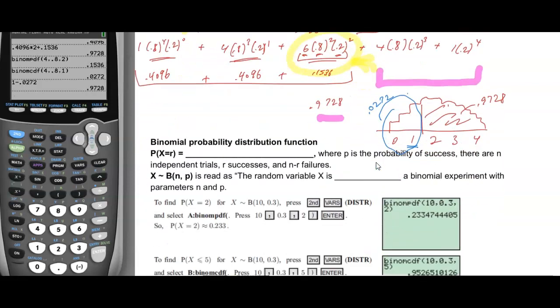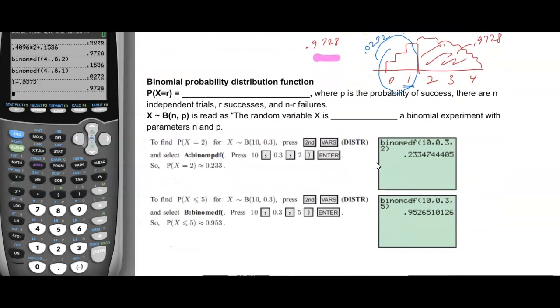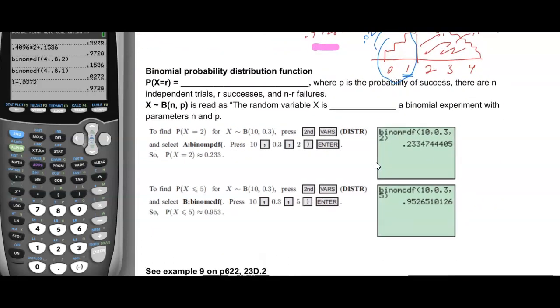Okay, now that we saw how to do it, I'll show you this calculator procedure, which is a little bit hard to understand, I think. Unfortunately, this calculator procedure is written for an older version of the calculator that doesn't give you the screen, which allows you to fill in everything by prompts. So the probability that the random variable x is equal to r is equal to